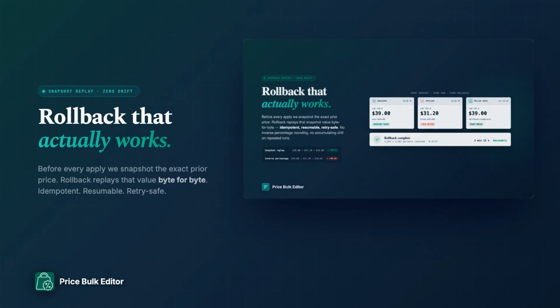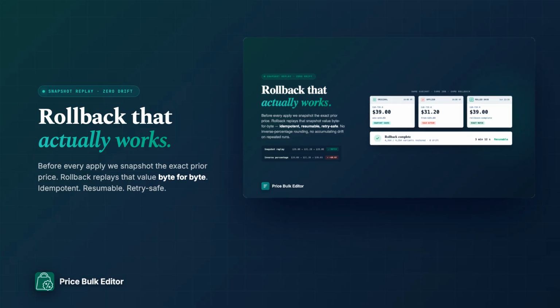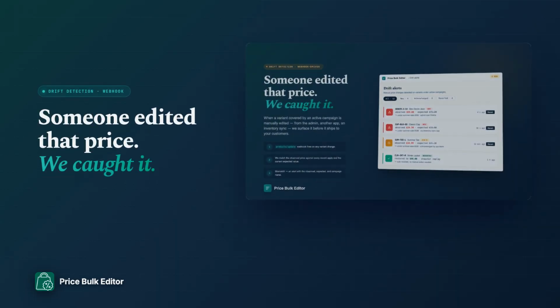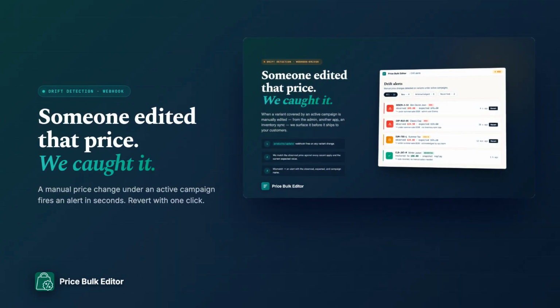Before we apply, we snapshot the exact prior price. When the sale ends, we replay that snapshot byte for byte. No inverse percentage math, no accumulating drift. Idempotent, resumable, retry safe. If someone manually edits a variant that's under an active campaign from the admin, another app,